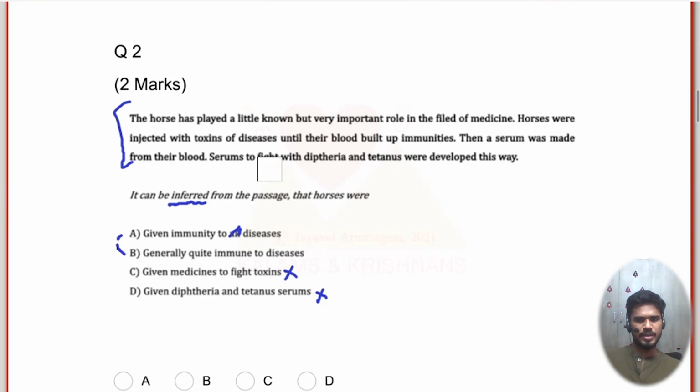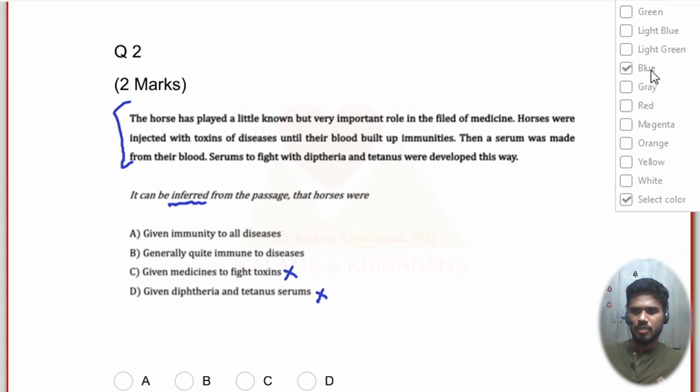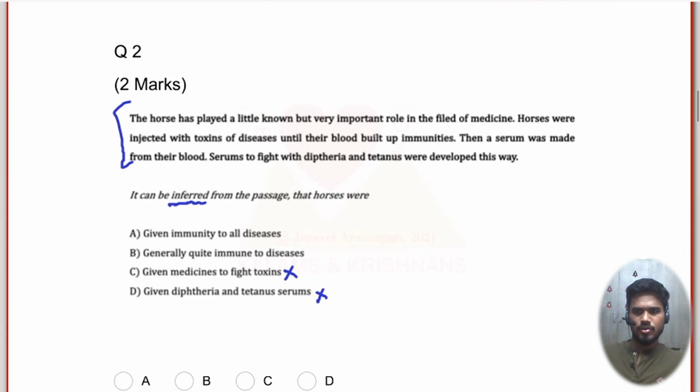So before we get to that, let's have the version that I gave. Between A and D, which one do you think is the correct option? B. This is very obvious, right? No, notice there is a strong red mark over here. "All diseases." All is a very strong word. Whenever there are strong words, you have to be very careful, right? Obviously, doctors couldn't have possibly given immunity to all diseases. That makes B the correct answer for the question that I have framed here, for the options that we have here.